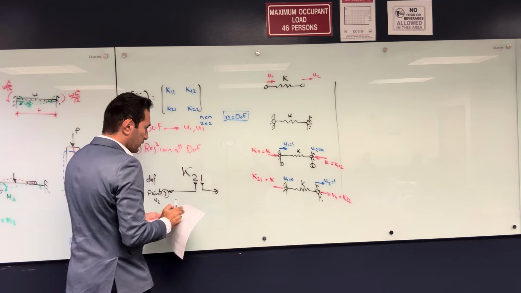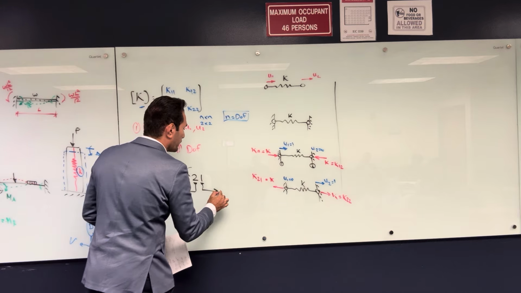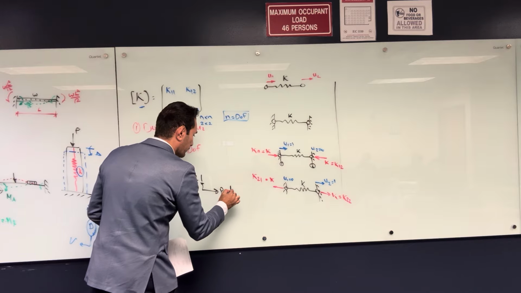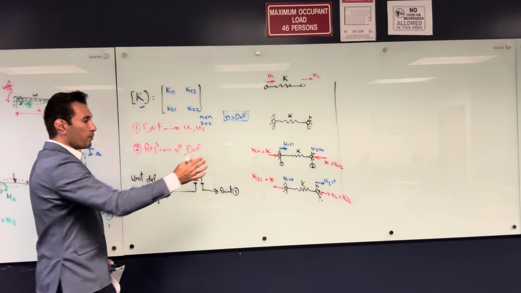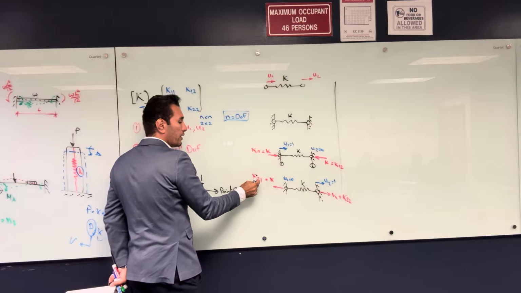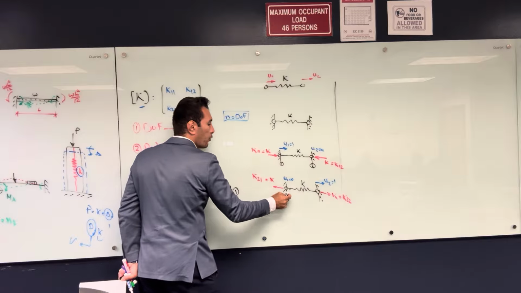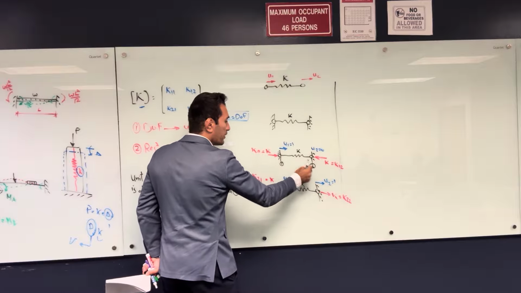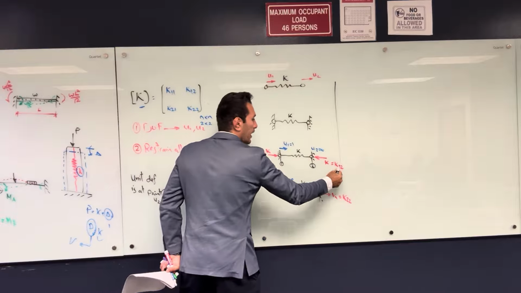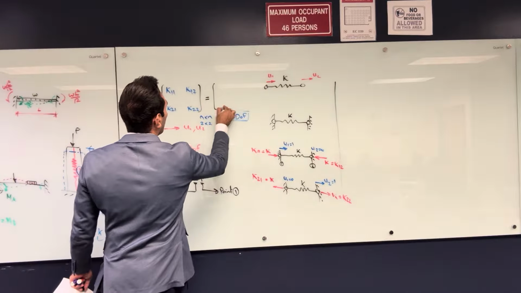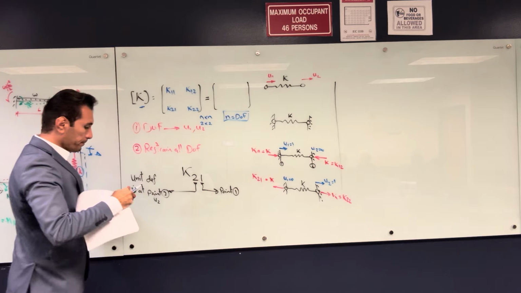I think this one is not right, so I'm going to change it. So let's say this is point 1. So what does K21 mean? That means 2 is the unit load or the unit deformation at 2, and 1 is the point that I'm looking at. Let's say this one, K12. So the unit deformation is at 1, but I'm looking at point 2. So my stiffness matrix here is going to be,